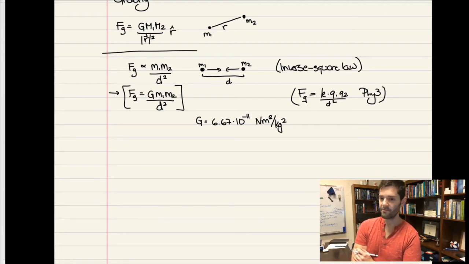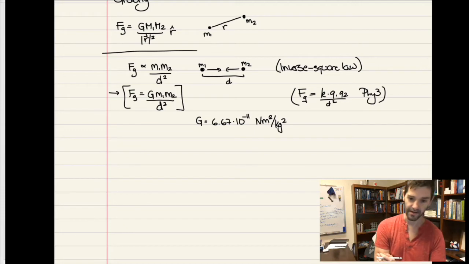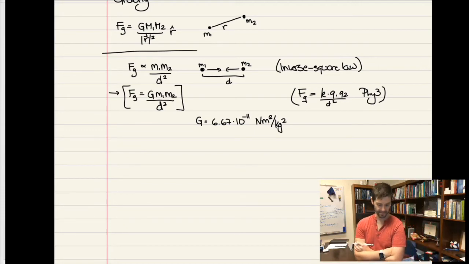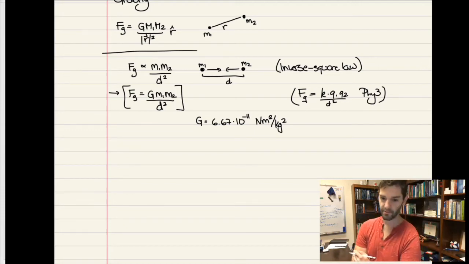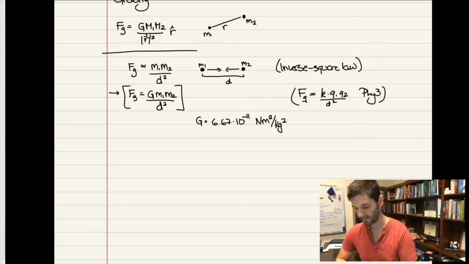And I'm comfortable saying that this is a fairly small number. Small numbers are always relative, because I could always change my units to make the number as big or as small as I want. I could do this in newtons per light years squared divided by grams squared or something, and that would change the value of this unit. That would actually make it smaller, actually, but this is a fairly small number,